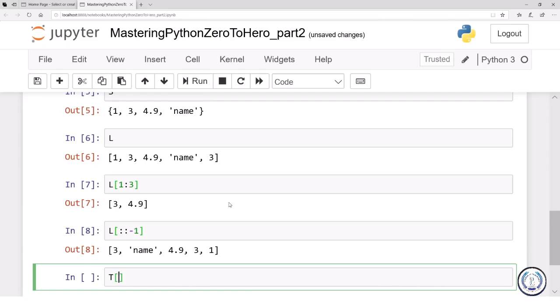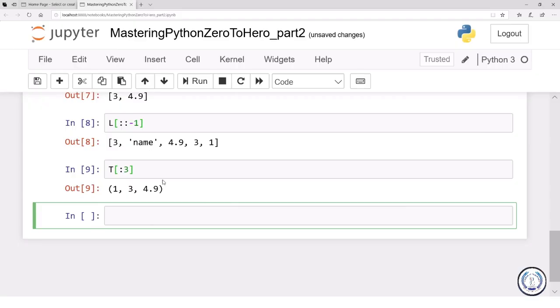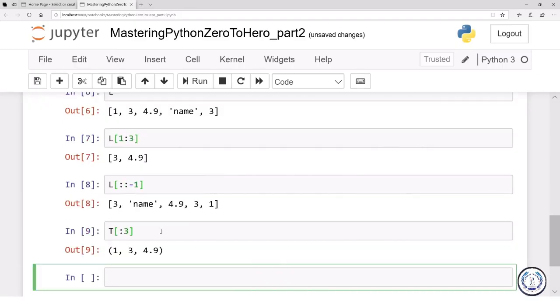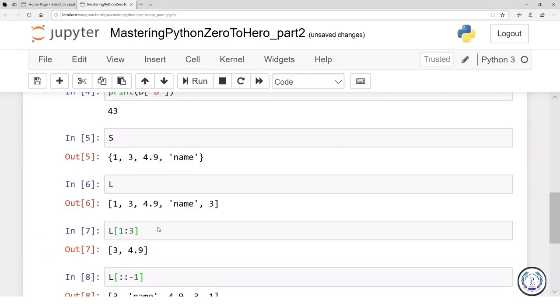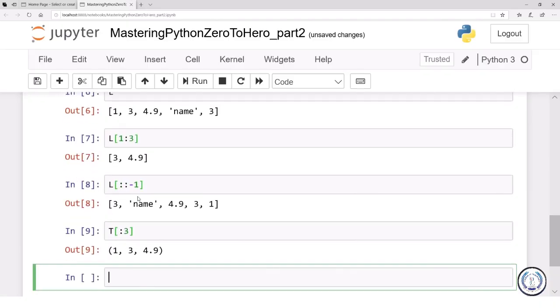as in tuples. So for tuple, for example, let's access elements from the very beginning till the third element. That's not the third element, till index 3, which is actually the fourth element. So tuple and list will be exactly indexed as they are. All the slicing, all the indexing, all the sublists, all the subtuples can be accessed exactly the same way as you've gone through